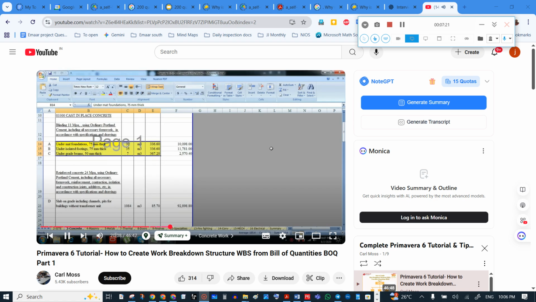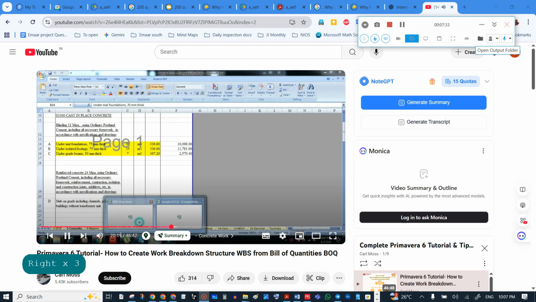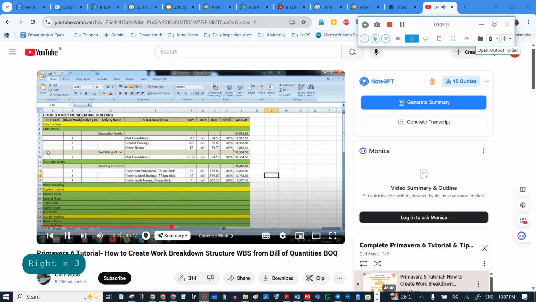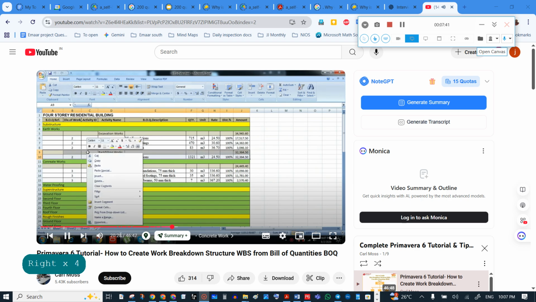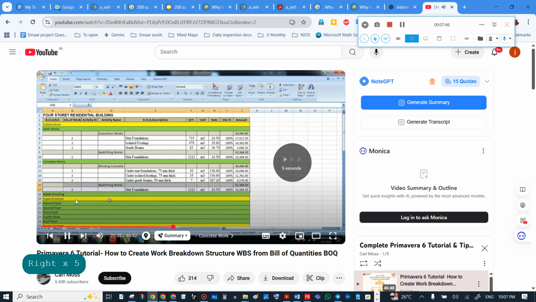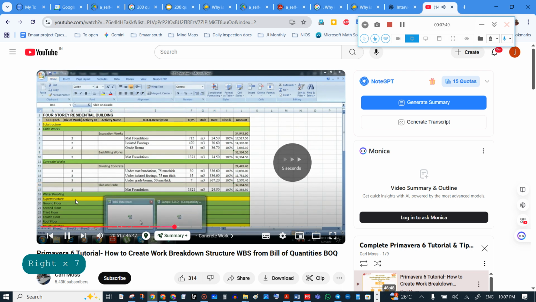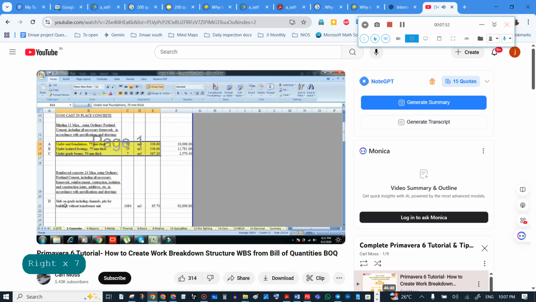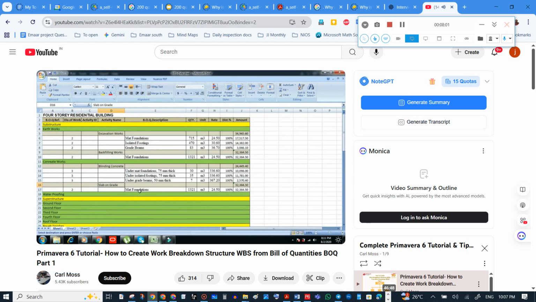So in our BOQ is slab on grade. Slab on grade is only one item description. So go back to our WBS datasheet. Copy this row. Copy and paste the BOQ description and paste here.